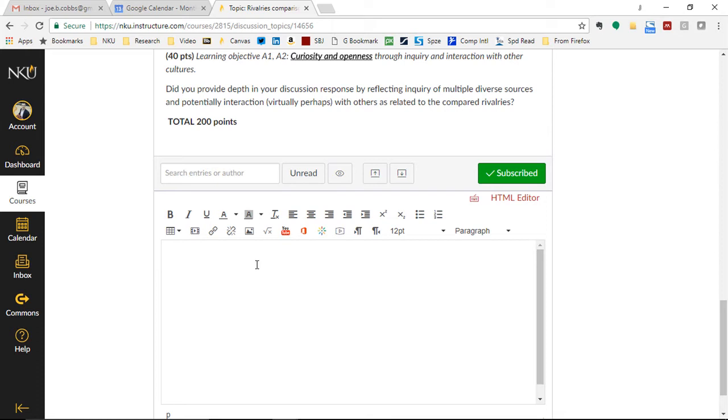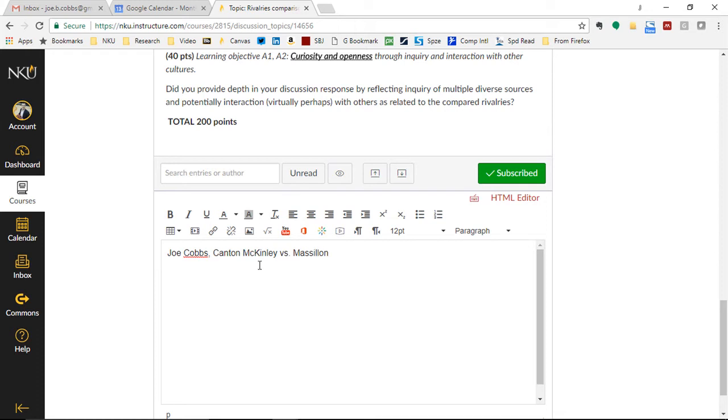and then putting in here your name, as well as the two rivalries that you're choosing to compare for this project. So you have to pick a domestic rivalry, meaning a US rivalry. So I'm gonna pick a high school rivalry that is near the area where I grew up. Canton McKinley versus